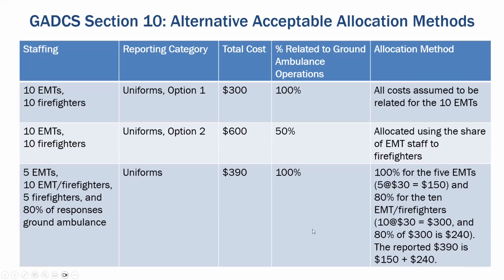Now, there are other ways to think about the split for things like uniform costs using different approaches. I won't go through these in detail. Suffice to say, the GADCS instructions give you flexibility to use a variety of different allocation approaches. And we encourage you to take a look at the allocation webinar and tip sheet for more examples. So with that, I will turn it over to Sarah to go through the final few sections, sections 11 and 13, with that public safety organization lens.